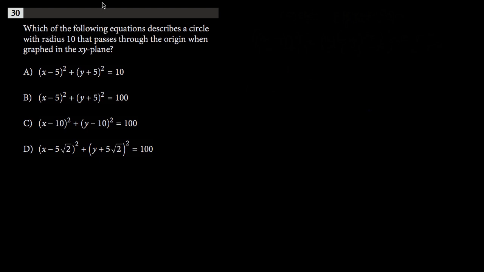Question 30 reads, which of the following equations describe a circle with the radius 10 that passes through the origin when graphed in the xy plane? And the origin is just 0, 0, if you didn't know already. The coordinates 0, 0. Well, in order to answer this question, we need to know the formula of the circle